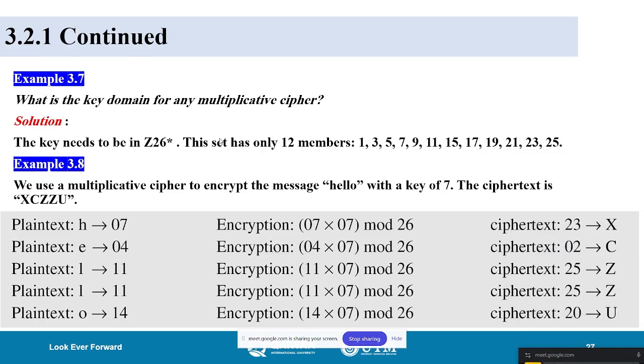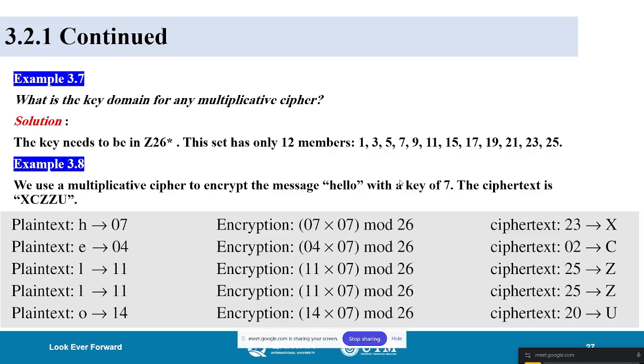Sorry. Okay, it's okay. Now, the set has only 12 numbers, and some of them are prime numbers, and some of them are not. However, the main point here is not only the prime numbers. Also, as you can see here, as Mr. Muhammad Kamal said, 21 is not a prime number. However, it is in this set. And in order to find out the